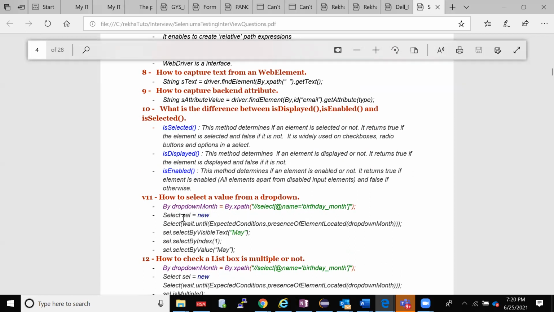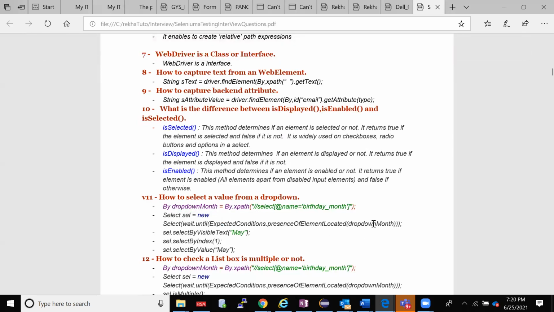Then we'll create an object for the Select class. You can give an expected condition, presence of element located, using an explicit wait, or directly give that element. Sometimes it may fail, in that case you can use explicit wait methods, or give the element you found directly to the Select constructor.